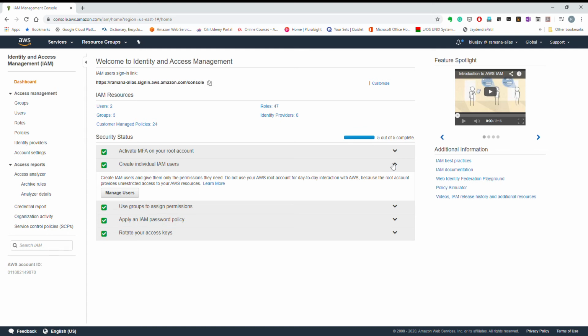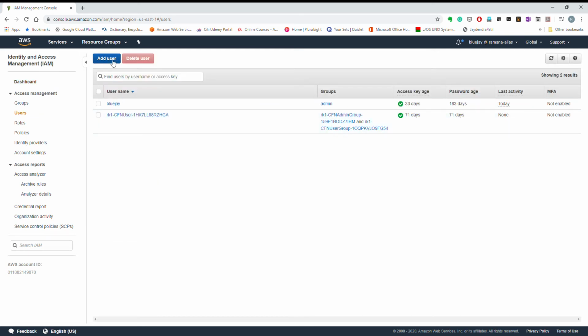The next thing is setting up users. Now you have to create your users. Now let us create one user. This is what I'm going to do here. I'll create one user and one group, I'll give permissions to that group, and I'll add that user to this group so that the user will get the access. Let us do it that way. So first, I'm going to go to manage users. I'll create one user, add user,